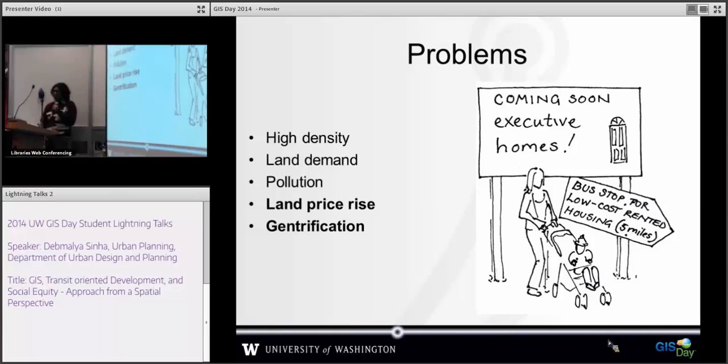Because the demand for land is high, the built up cost is high. Ultimately it increases the rent as well as the price within the area. So what happens is you create an environment which is cost effective for people, but ultimately it does not always serve the purpose. So cultural mismatch and diversity loss is always a factor.